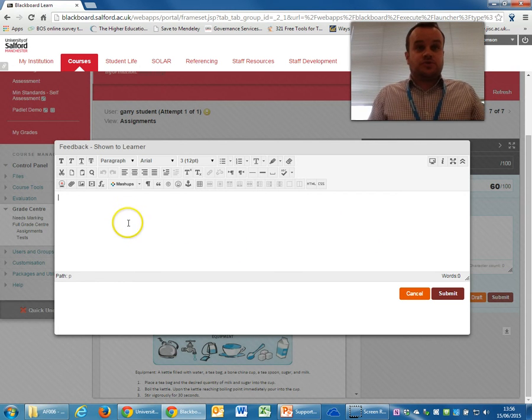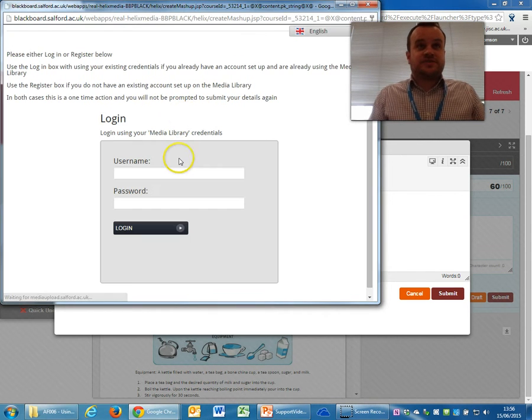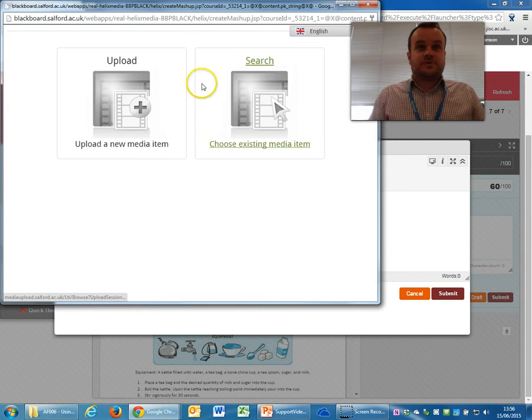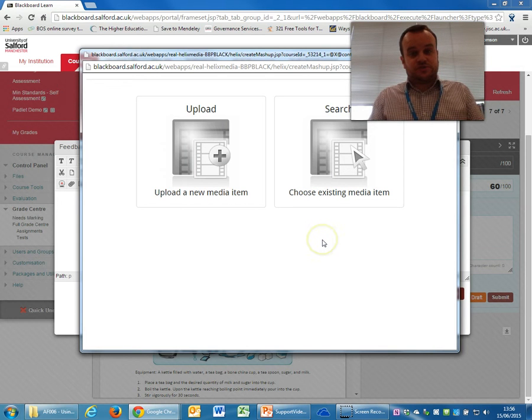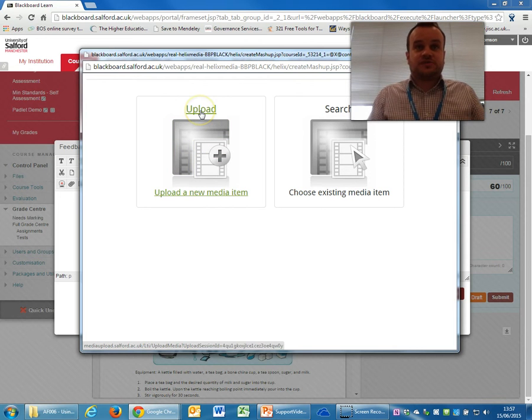So what we want to do is, we've got our text box open, and instead of typing in any feedback here, we're going to go to this drop down menu and select Helix Media Library. If I select this Helix Media Library, it will ask me to log in, and once logged in, I get this pop-up window where I can upload or search. So if I have a video already uploaded that I want to share with the student, I can do that, but in this case I'm going to be uploading some feedback, so I just want to select the upload,